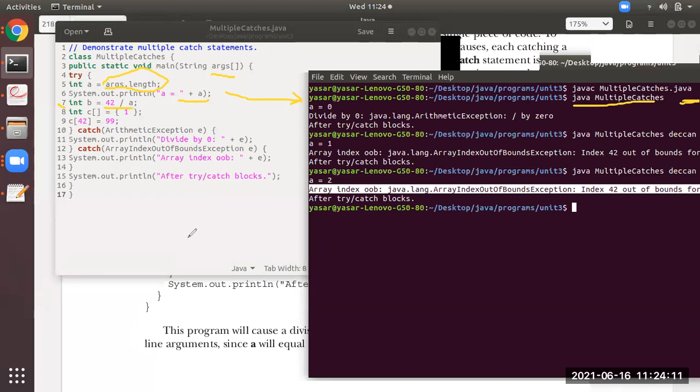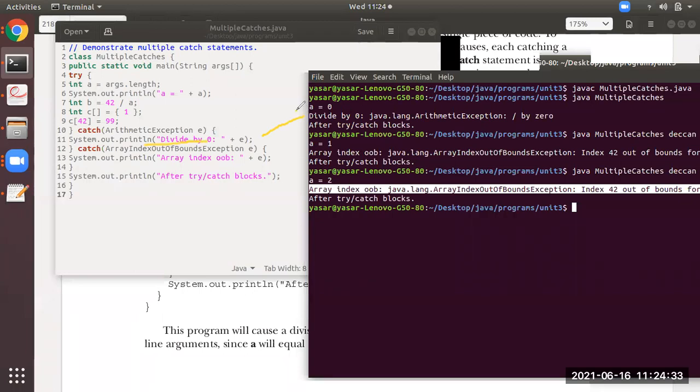From the 7th line, Java will throw the error from there, and the control will go to the catch block. Now in the catch block, first it will check whether the error is related to arithmetic exception. Yes, it is related to arithmetic exception. So now inside that catch, it will print the message, whatever is there, divided by 0 with the object.